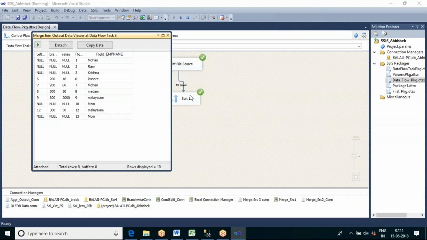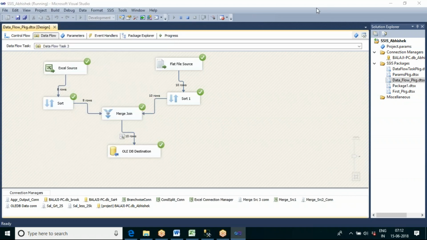So now you can see that, again 6, 7, 8, 9, 12. The common records are coming which have entries in both the right table columns and the left table columns. And also you can see these 1, 2, 3 are present in the right table and those records are not there in the left table, so that's why null values are coming here. Similarly 10 and 13 are present only in the right table and there are no matching records for the left table. So the right outer join will show all the matching records as well as the remaining records from the right table.